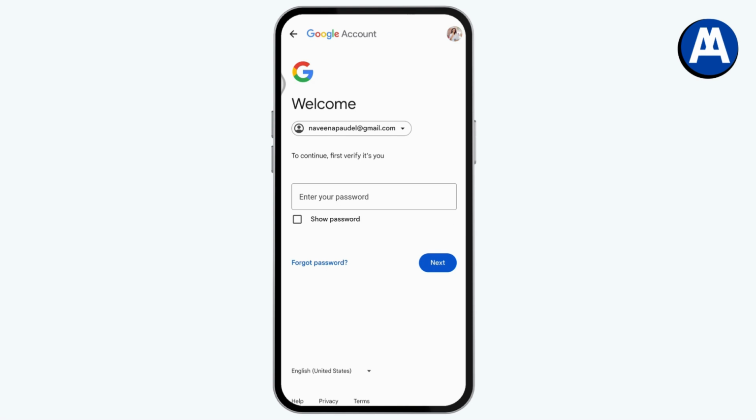So once you've logged into your account, it will take you to this kind of interface where you just need to enter the new password on the first blank and then enter the new password again on the next blank. And once you've entered the two passwords, then tap on change password. Once you tap on change password, your password will be changed on your Google